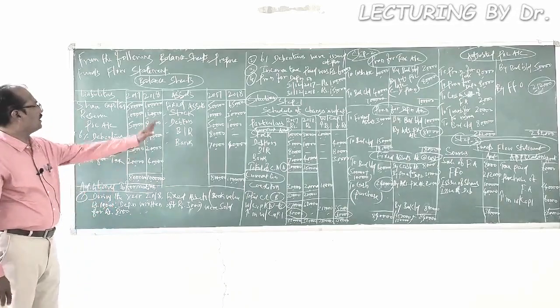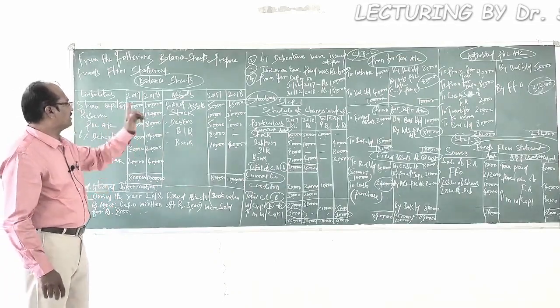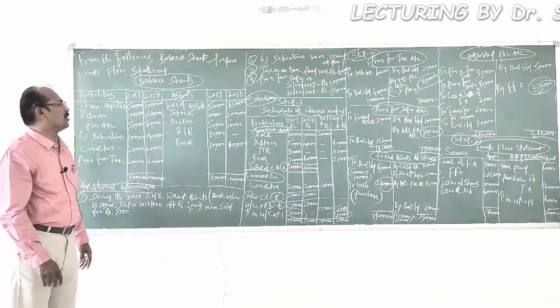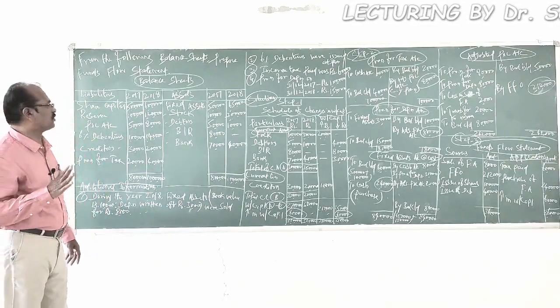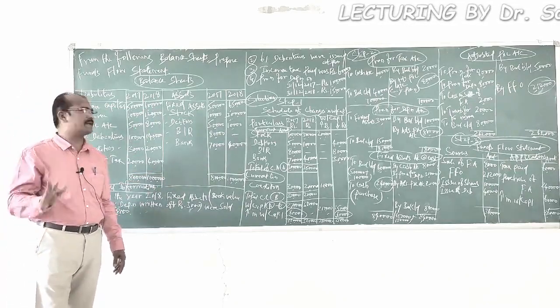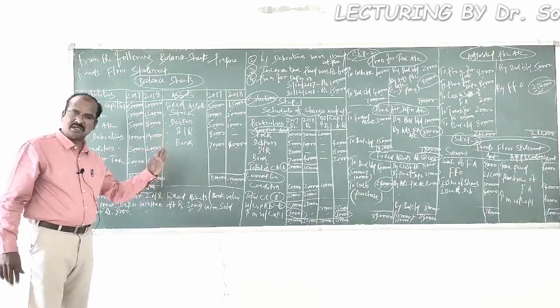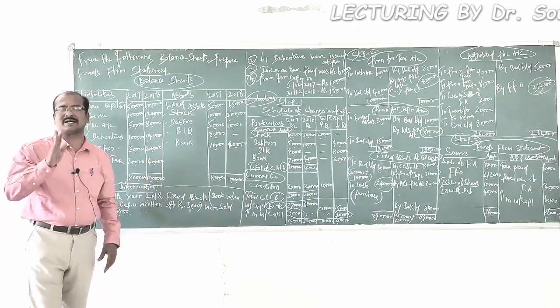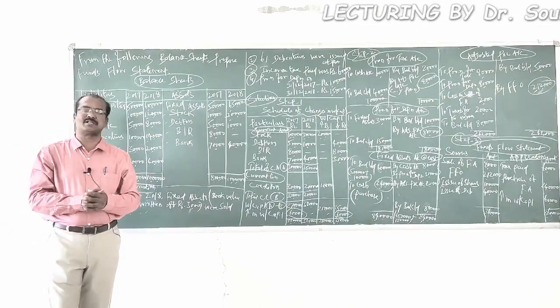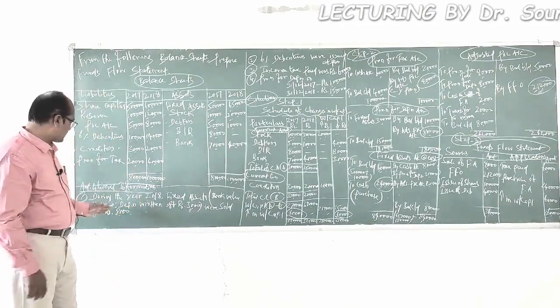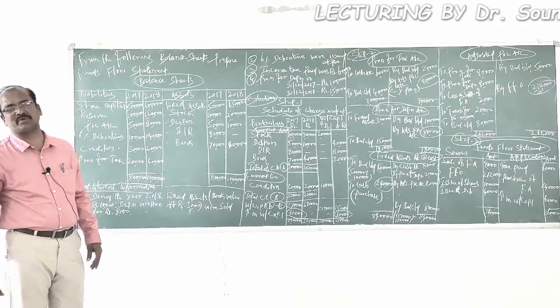Fine. Now let's get into the details of the assets. The first one is fixed assets. The opening value of fixed asset is 5 lakh rupees. The closing value is 6 lakh 50,000 rupees. We will open a ledger account for it. Stock, debtor, bills receivable, bank, all these are current assets, so they have to be channelized through the schedule of changes in working capital. Then let us get into the details of the additional information presented in the problem.